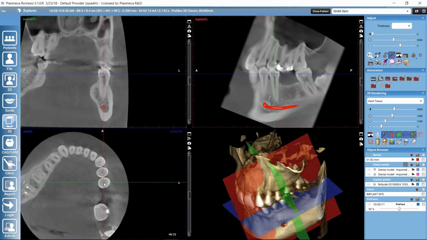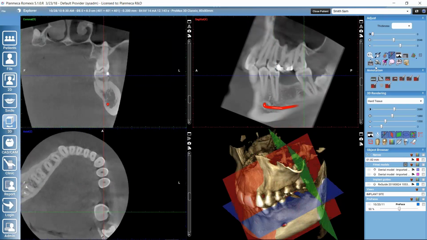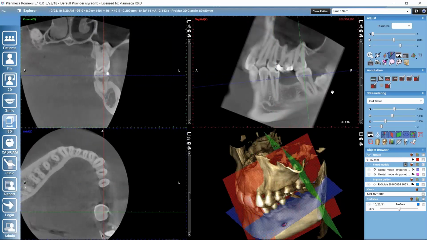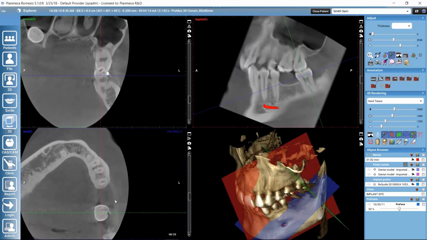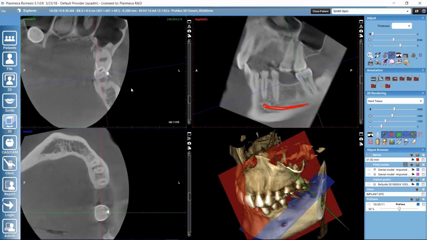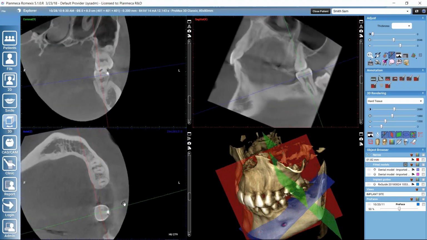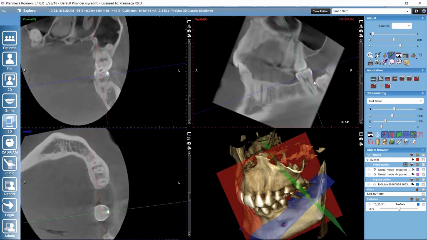And respectively, also this cross-section of the planes we can rotate with the right mouse button. So left mouse button for moving, right mouse button for rotating. So this way we can generate the kind of views where we have the anatomy that we are interested in